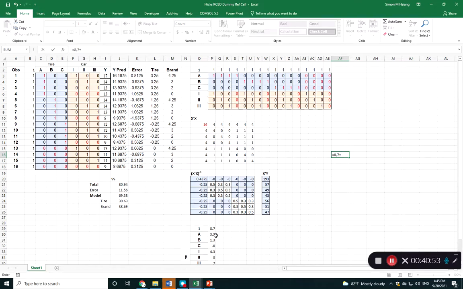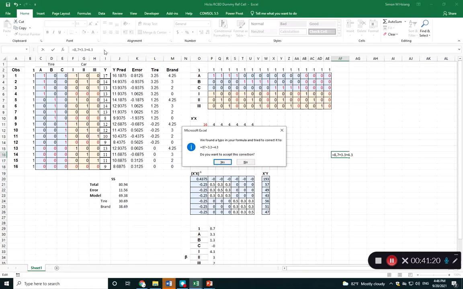A, right? So the effect of A is what? 3.3. Okay? And then do I need to think about B or C? No, if it's A, it's A. It's not going to be anything else. Okay? And then which car did I use? Car 1. And what is my car 1 effect? It's 4.3, the block of the car 1 effect. So if you have those three numbers,